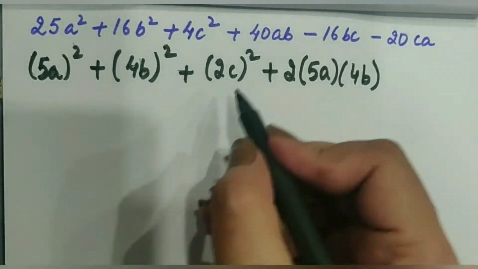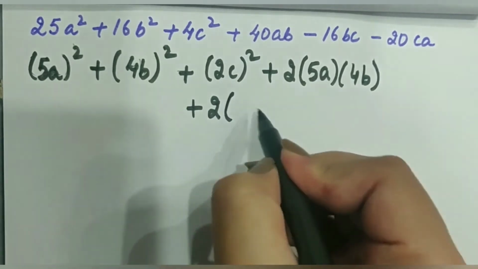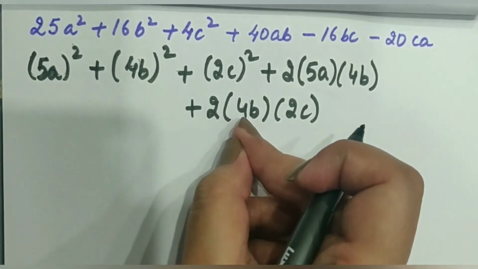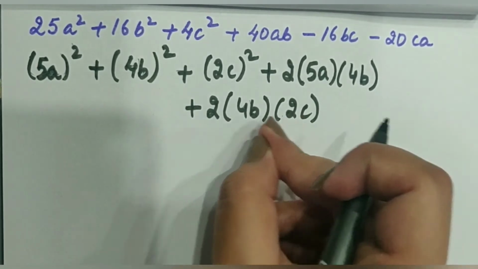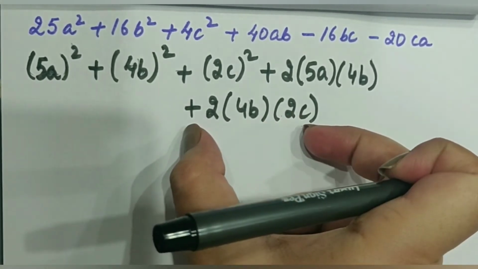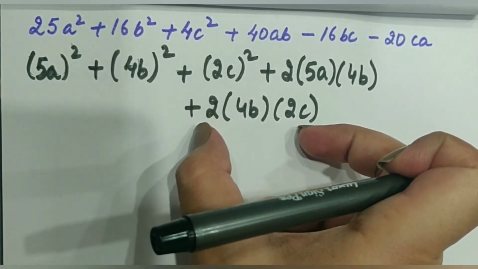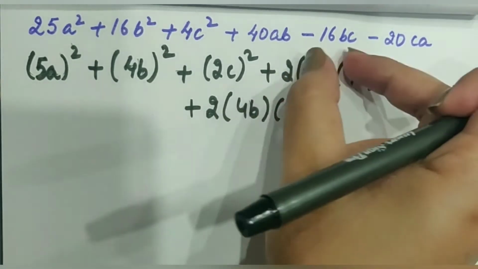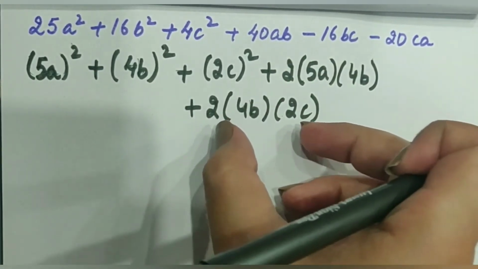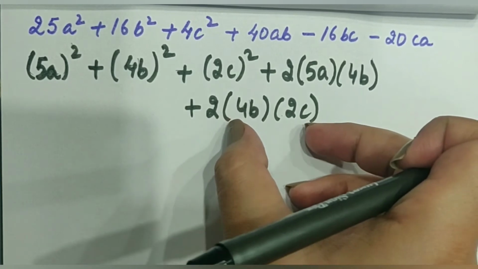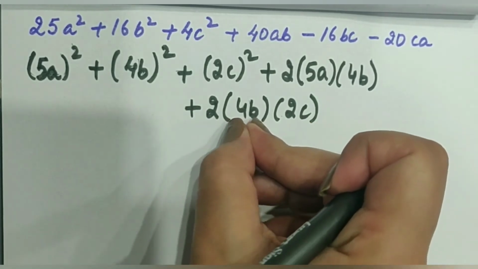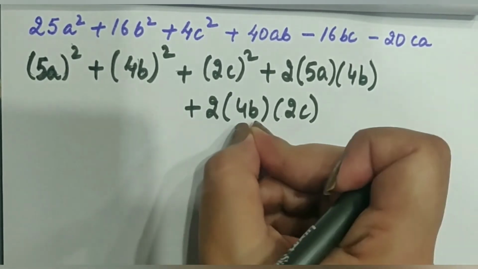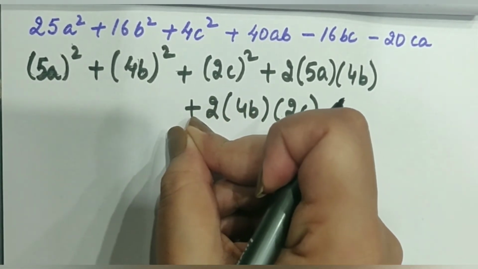Now let's see this. We can write 2 into second into third. This becomes 2 into 4, 8. 8 twos are 16. B into C, BC. This term becomes plus 16BC, but here in the question it was minus 16BC. That means we are doing something wrong here. We know this is the form of 2B into C. That means either B or C is negative, because if one of them is negative, then only the overall sign will become negative.